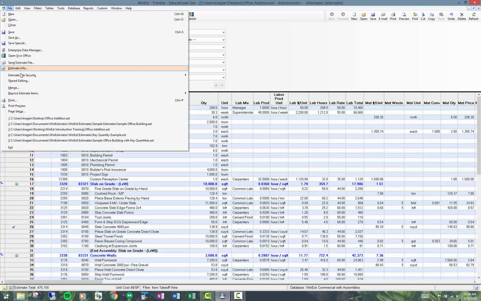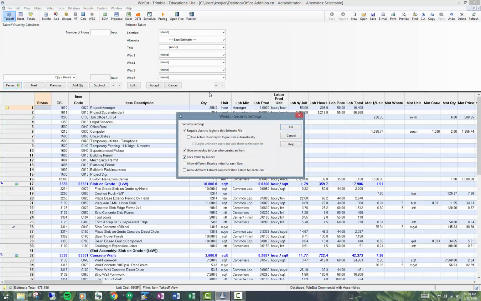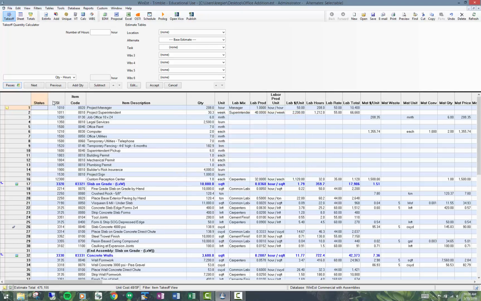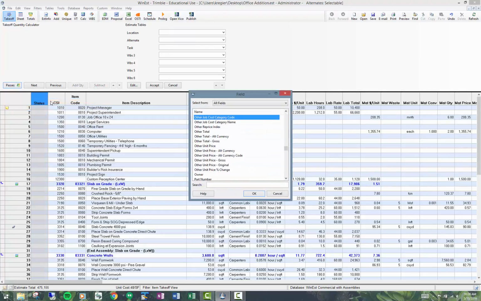So once I've set up my users, I can go to estimate file security. And this is where I set the security settings. Very common for people to say, require users to log into this estimate file. You can use the Active Directory to log in users automatically, and give ownership to a user who creates an item. The ownership is important because this way, if you insert the column owner, you can see who has put this item in here. So there's a column called owner,